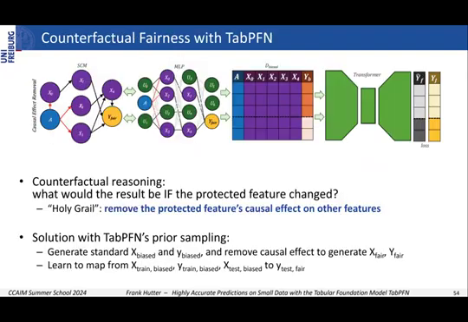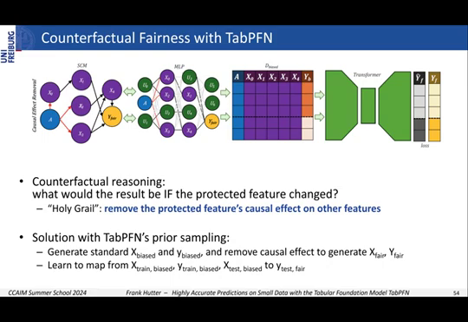All right, you can also do counterfactual reasoning with TabPFNs. This is maybe a bit too complex right now, but counterfactual reasoning is these analyses: what would the result be if I changed a protected feature, like gender? What would happen if this patient was a male, not female? Then you want to remove some causal effects of the gender on the other features. Maybe in medicine this doesn't apply so much, but in